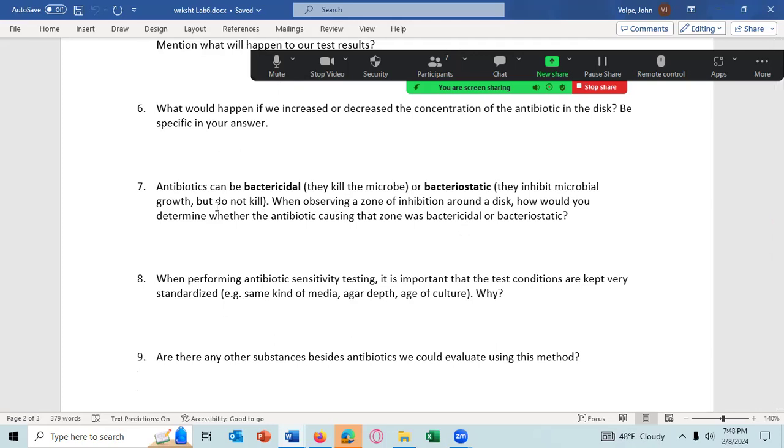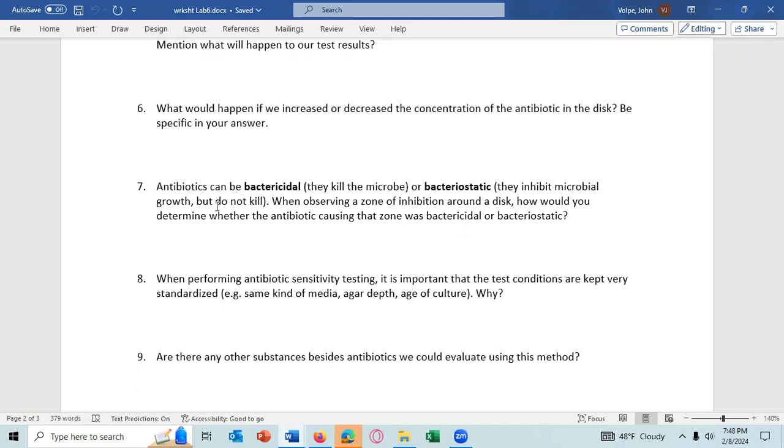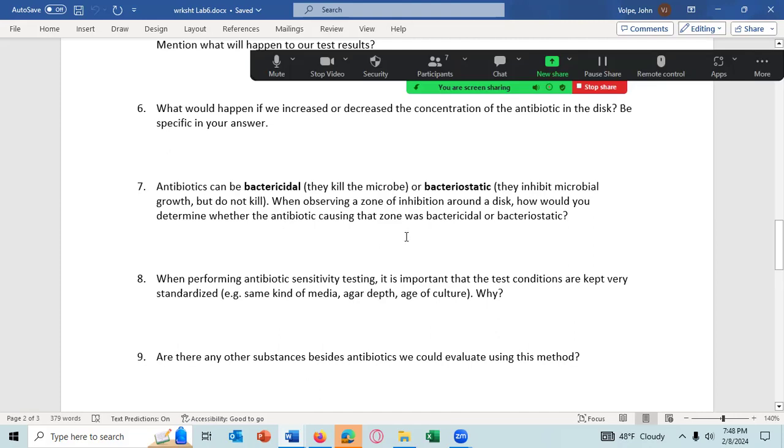On a Mueller-Hinton agar plate, I would think the bacteria would grow because the bacteriostatic just inhibits its growth. And assuming you're removing the antibiotic within a day or two, the bacteria should all be alive, or should be mostly alive. When observing a zone of inhibition around a disc,